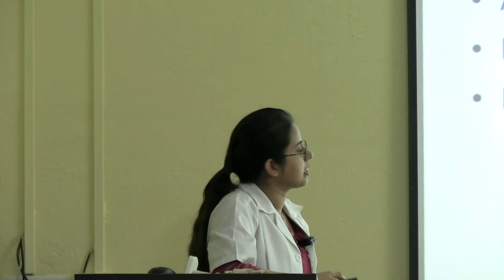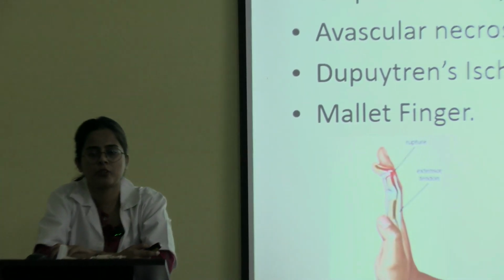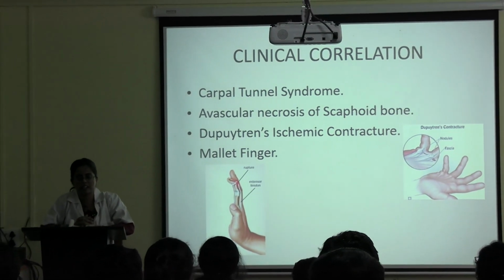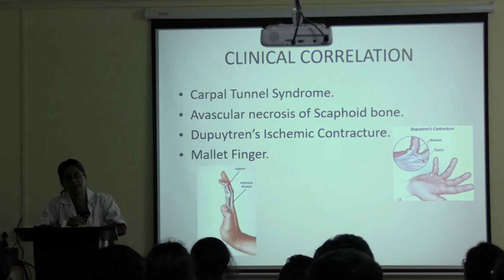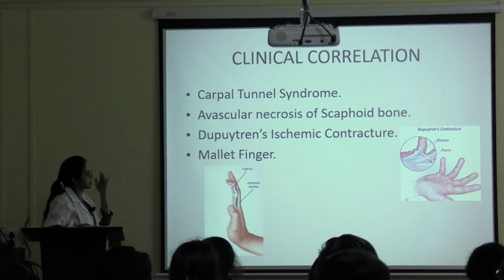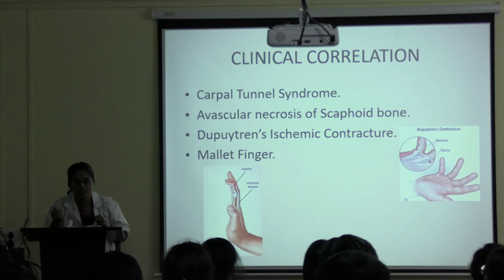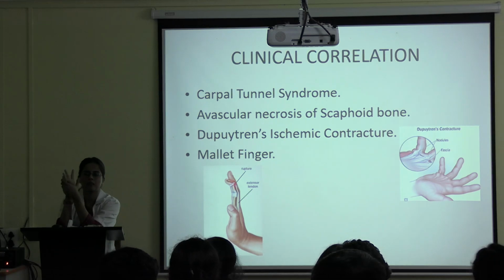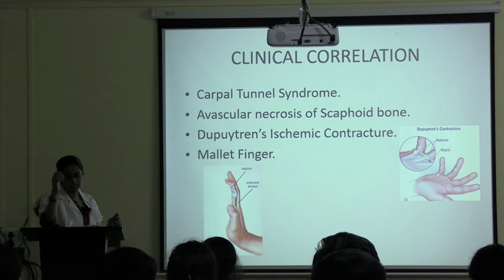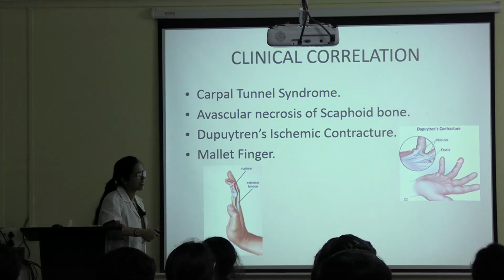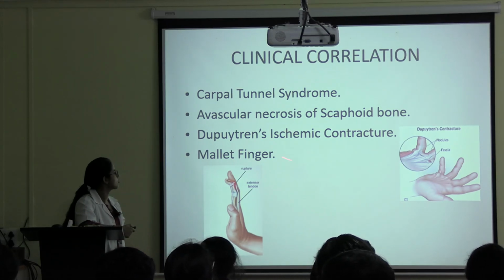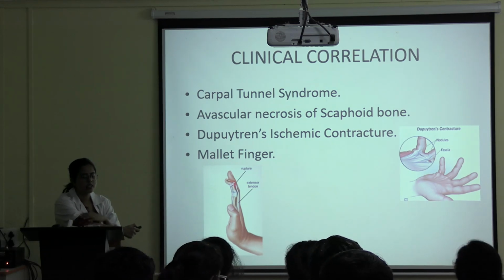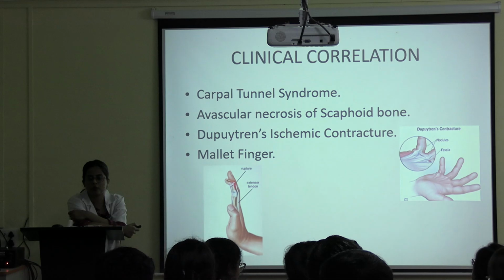Now Dupuytren's contracture. Have you seen the palmar aponeurosis? Not seen. Okay, it will be shown. The palmar aponeurosis is basically deep fascia. It's a modification of deep fascia. So what happens in this condition? There is fibrosis and thickening of the palmar aponeurosis. It will affect these two fingers more, and as a result, you can see here these are flexed. So this condition is known as Dupuytren's contracture. Here there is fibrosis and thickening of the palmar aponeurosis.